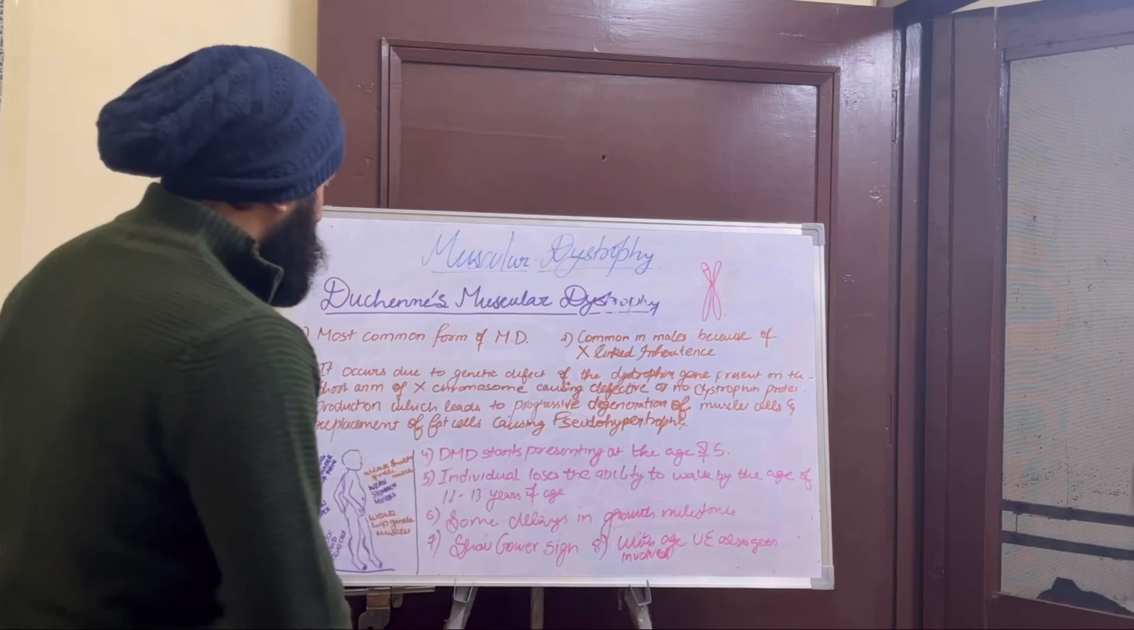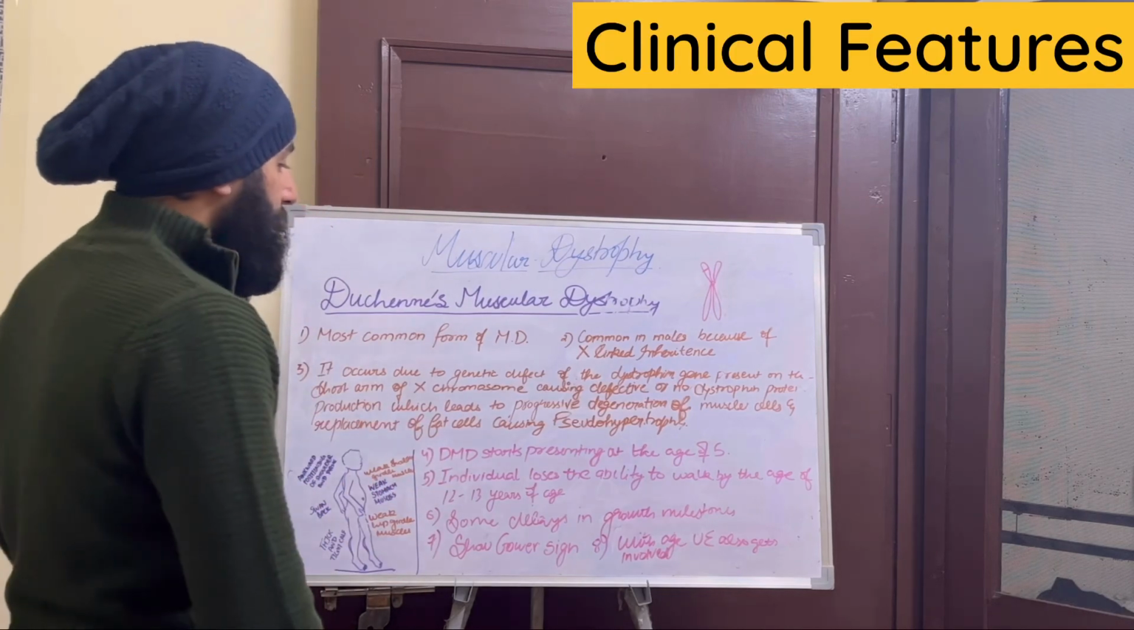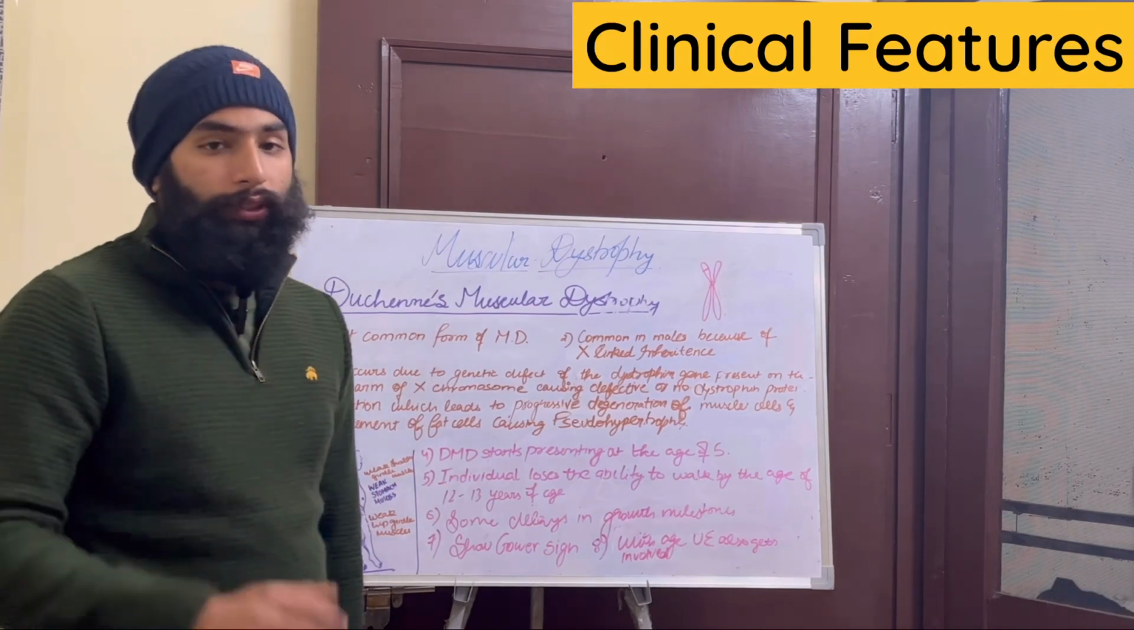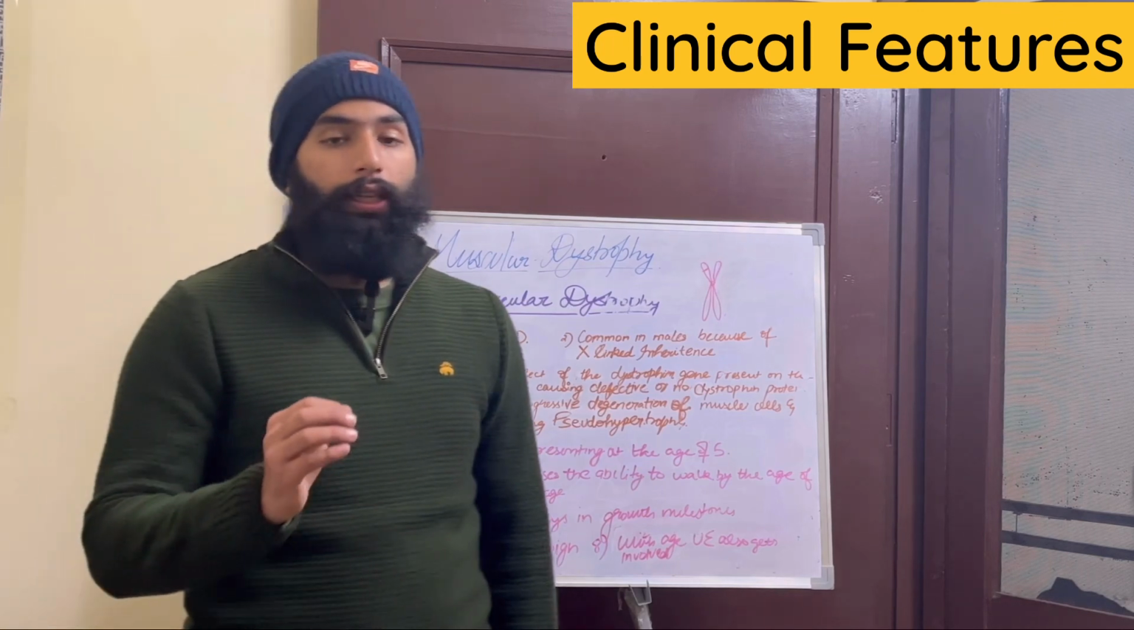So what are the clinical features? DMD starts presenting at around 5 to 6 years of age, and there will be delayed